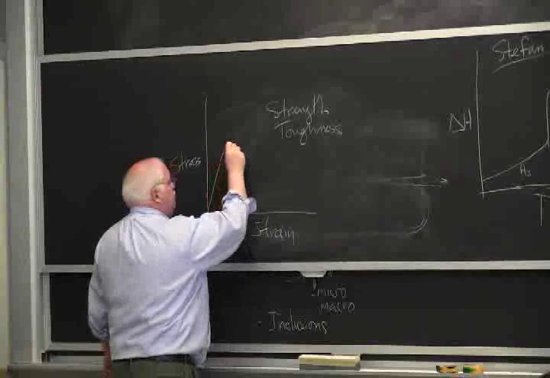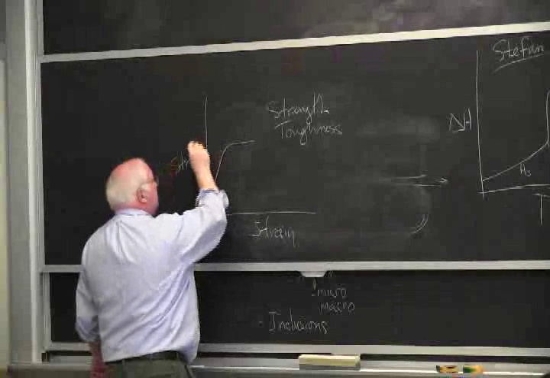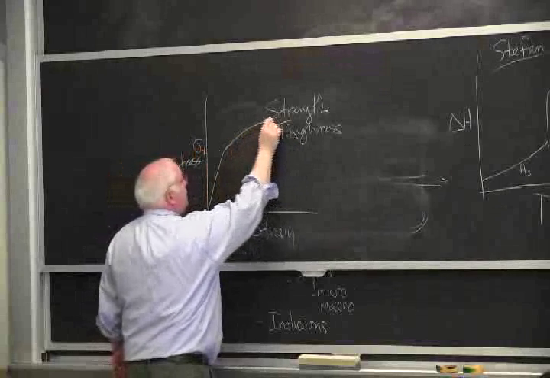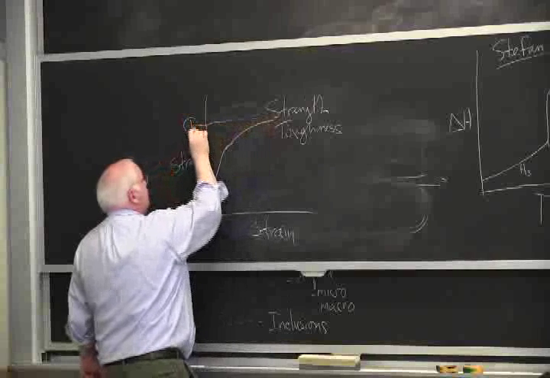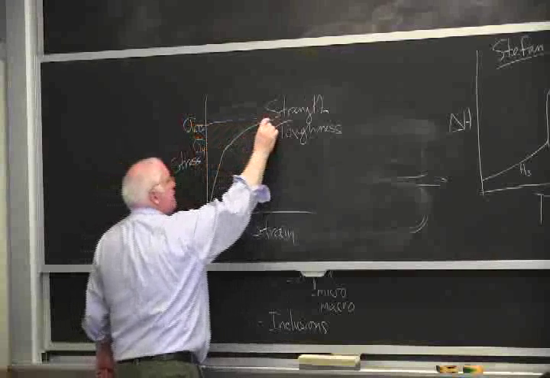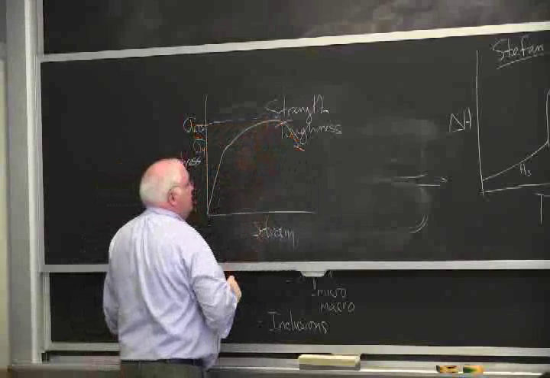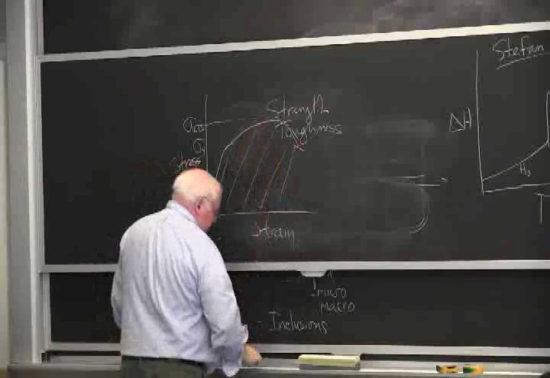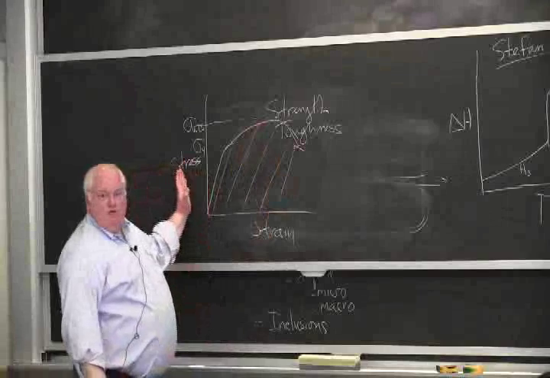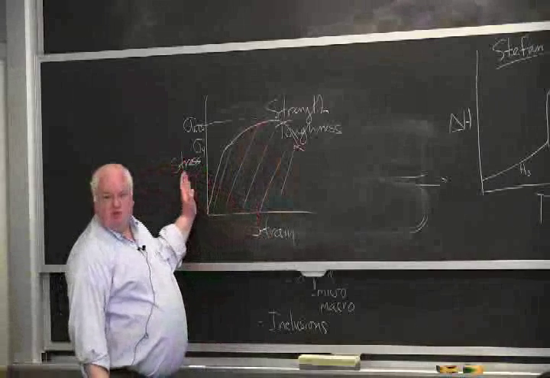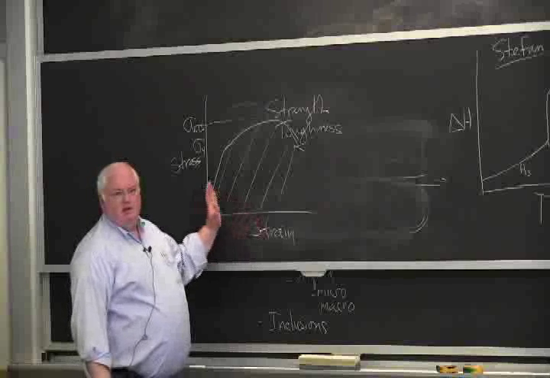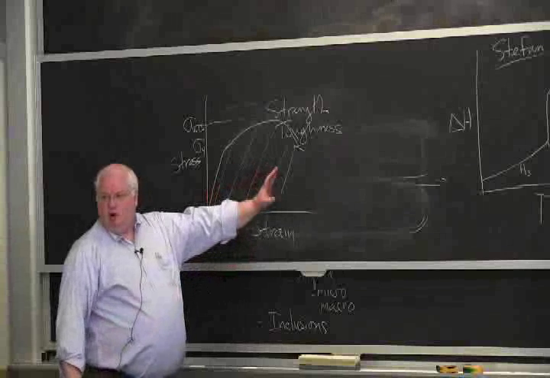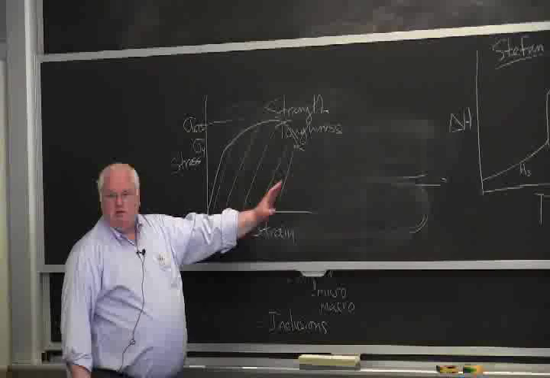And you go up, you yield, this is sigma y for yield, and it may keep on going up to some sigma u for ultimate tensile strength, that's the maximum stress, and then it'll break. Well, the area under this curve is the energy that it took, force through a distance, if you will. Stress times strain is the work necessary to deform this bar of metal, or this